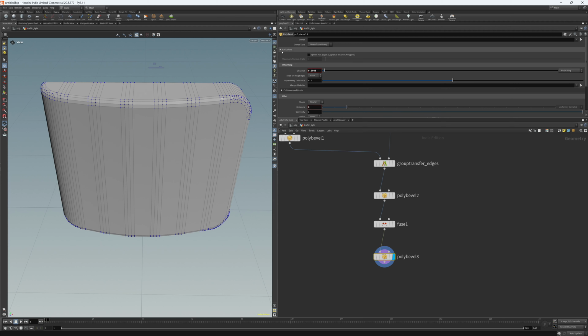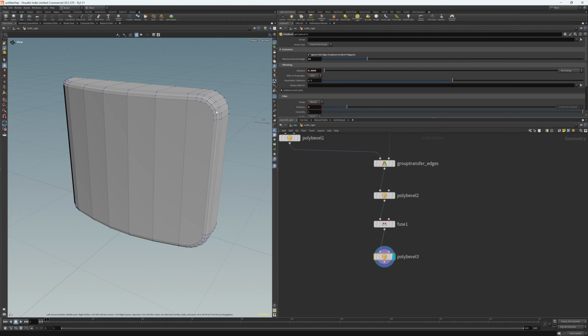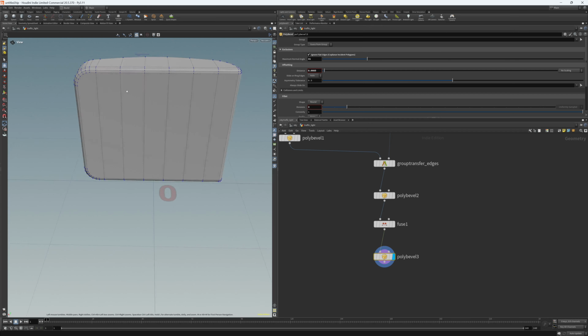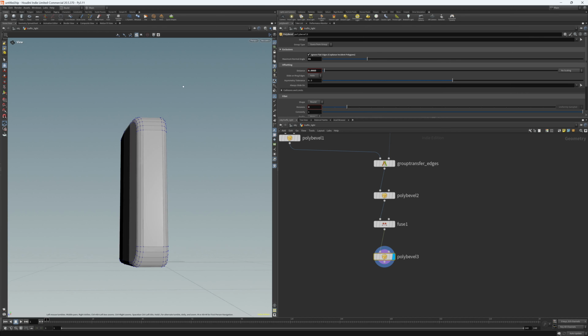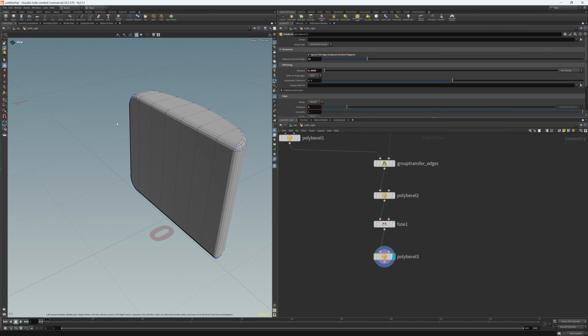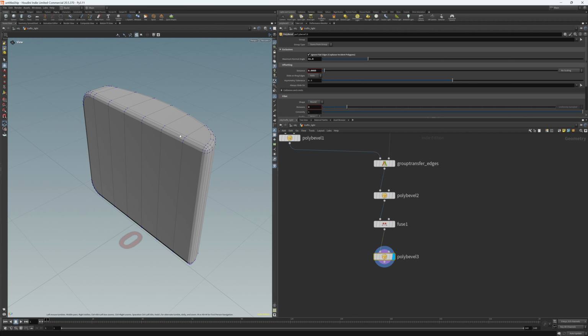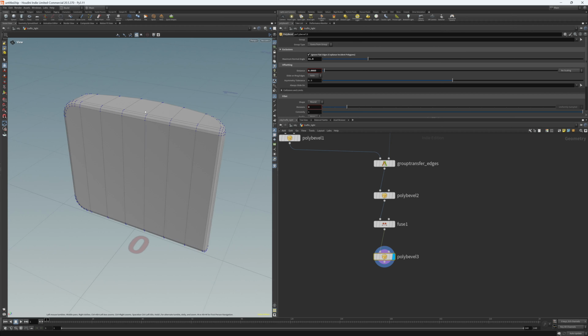One way to deal with it is to use exclusions. So if you tick ignore flat edges and increase the normal angle, you see it only starts to bevel these ones. So I'm pretty happy with the result, but the only thing is it's also beveling the back side, which